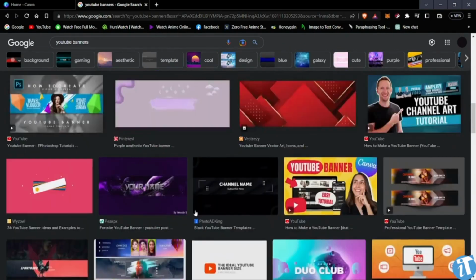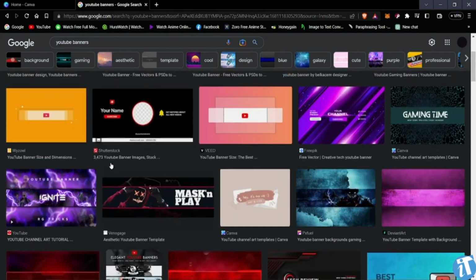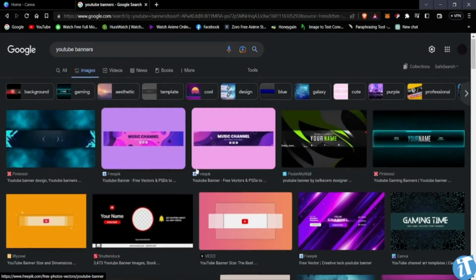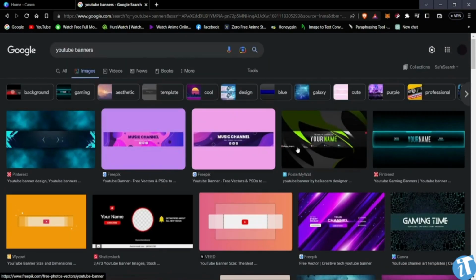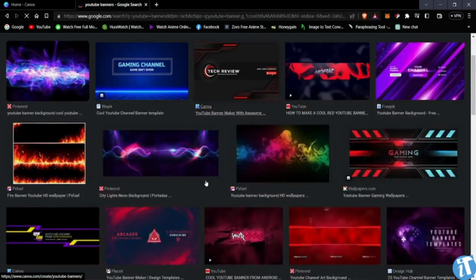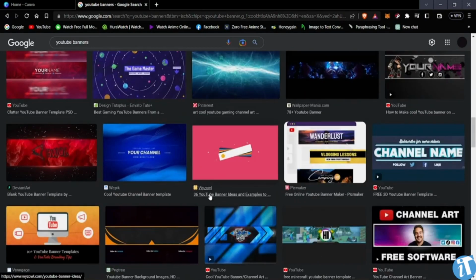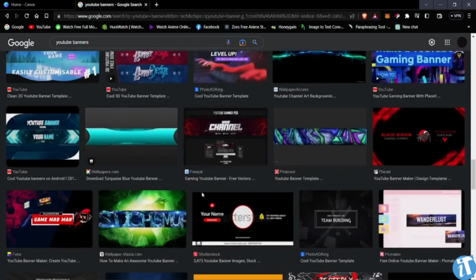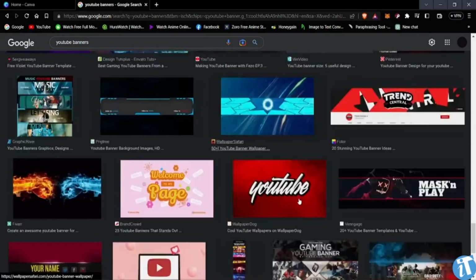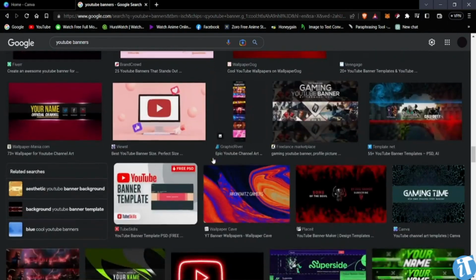Now we might also get to see these banners in Canva as templates that you can use. So these are all different types of banners that show on YouTube as the cover photo. All of these are banners,